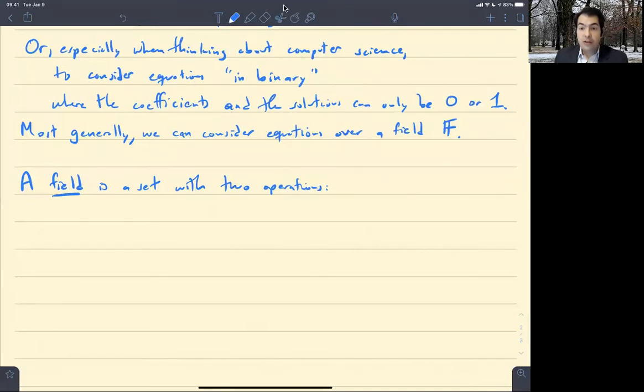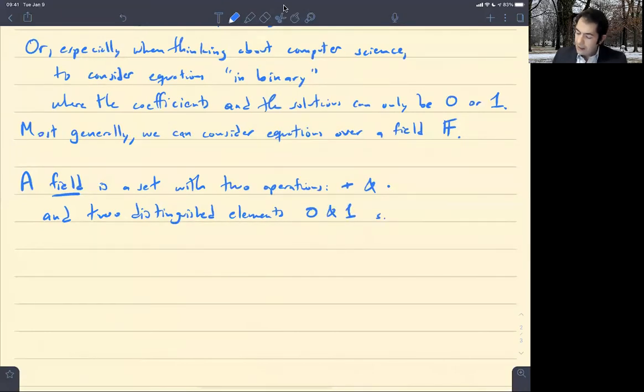In the same spirit, we're going to talk about a field abstractly. A field is just going to be a set with two operations, which are addition and multiplication, and two distinguished elements, zero and one. And we want these two operations, the set of elements, including these two elements, 0 and 1, to satisfy the following properties. So we say such that, okay, so first, F is closed